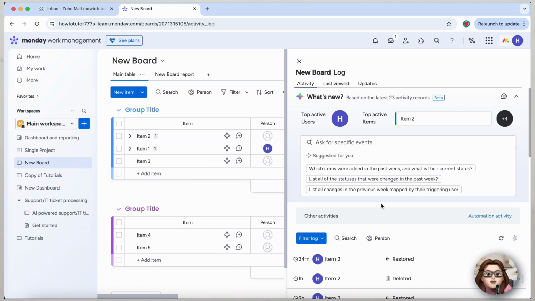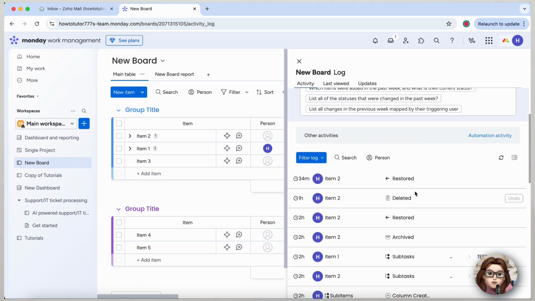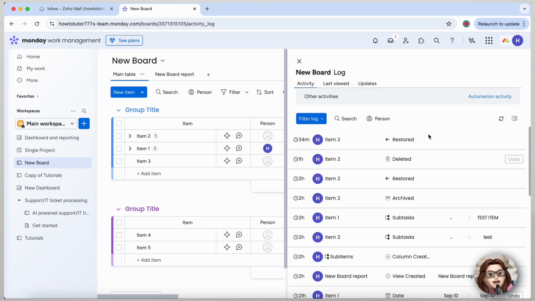By checking your board's history, you can stay on top of updates, maintain transparency, and manage your projects more efficiently. And that's it. Now you know how to see the